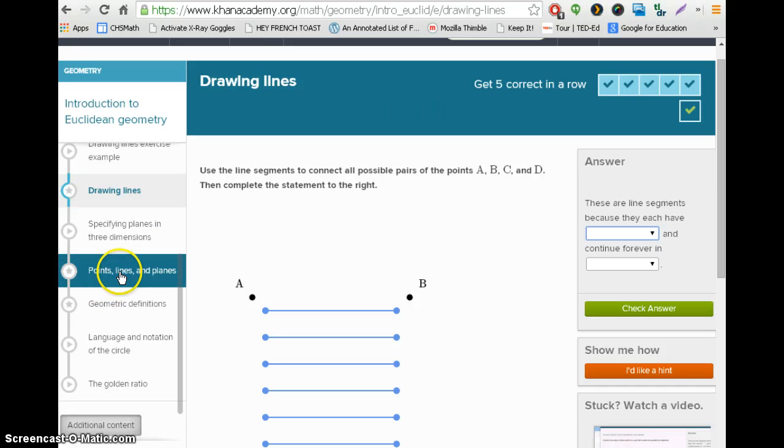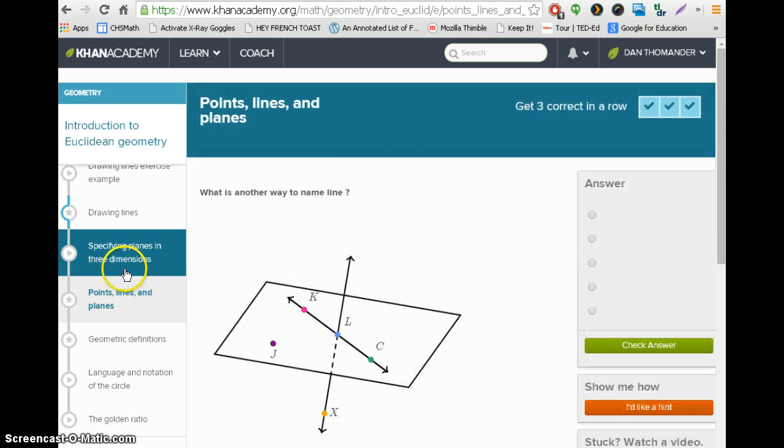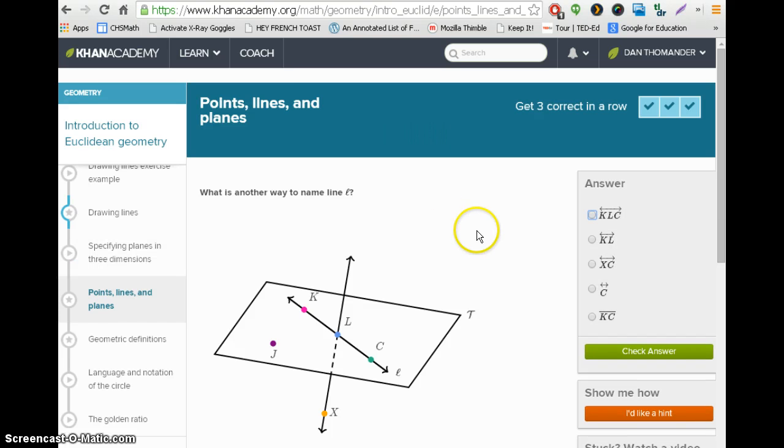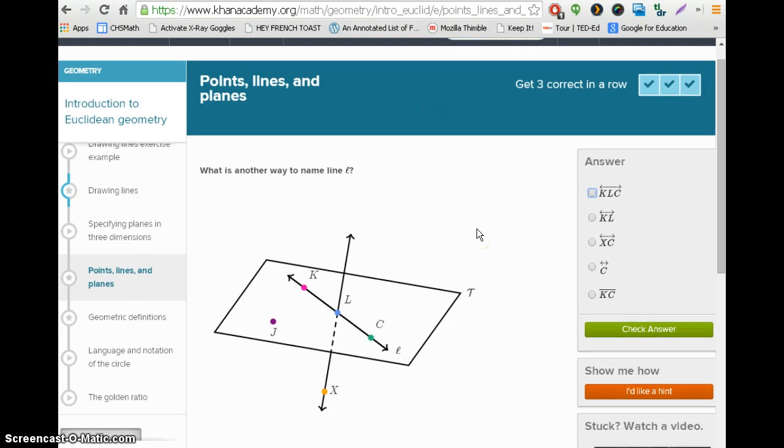Then when you come down here where it says points, lines, and planes, I want you to work through this exercise as well. Points, lines, and planes. You're going to get 3 correct in a row. So here it says, what is another way to name line L? Well, line L,